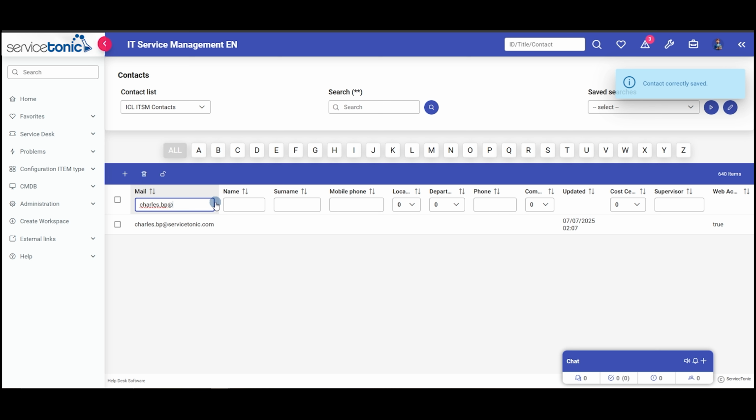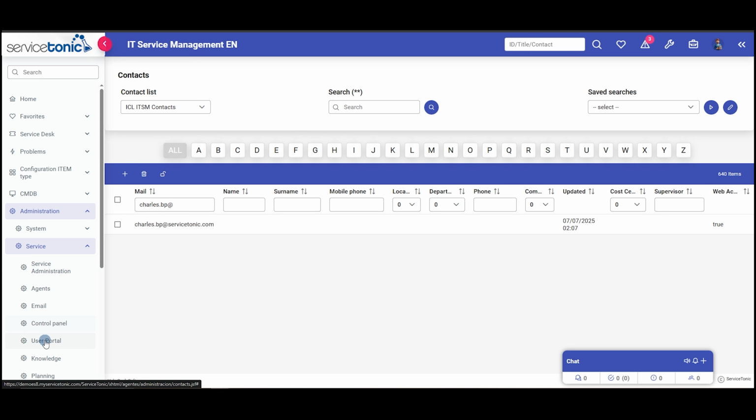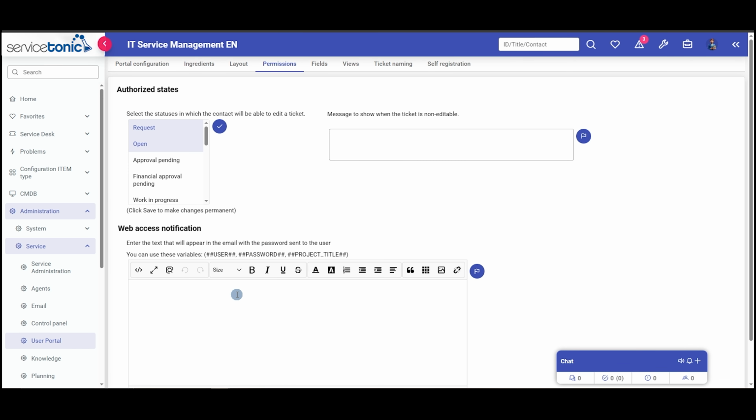Next, we will show how to configure the notification message that contacts receive when being notified. This message is configured under Administration, Service, User Portal. In the Web Access Notification section, you can customize the message the contact will receive, adding variables that you want to display. For example, you can notify the contact by simply adding user, followed by the corresponding user variable, in this case, user,